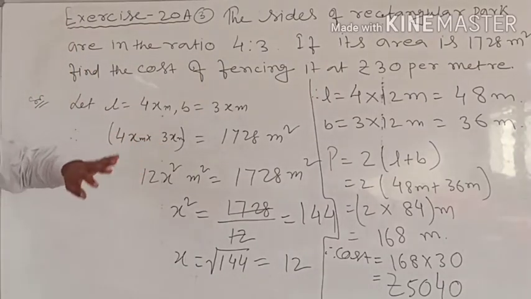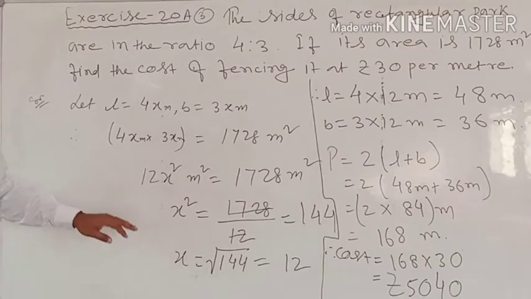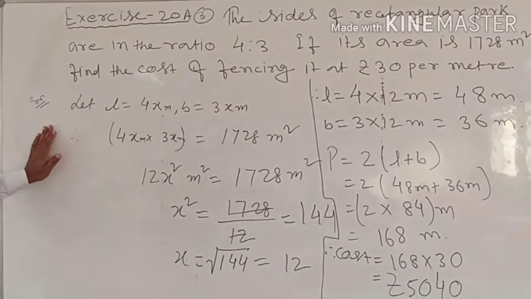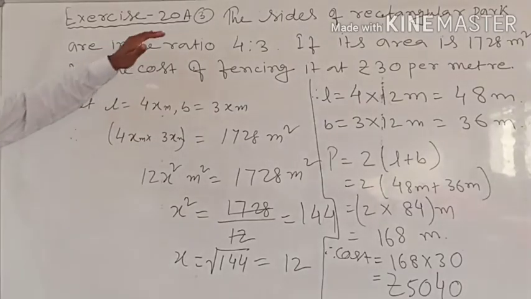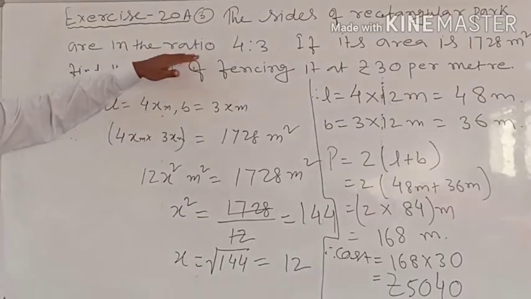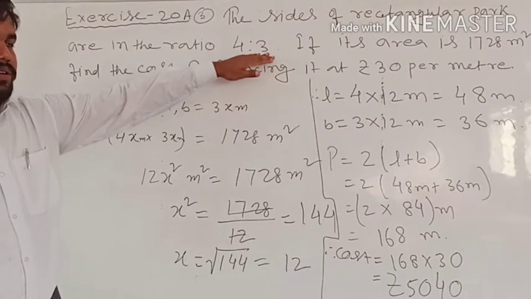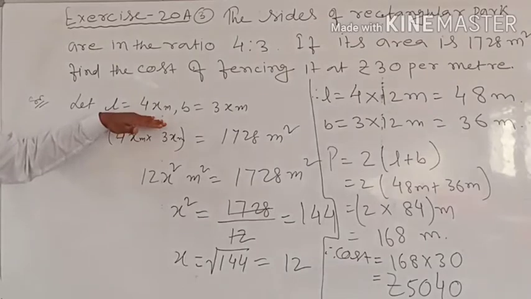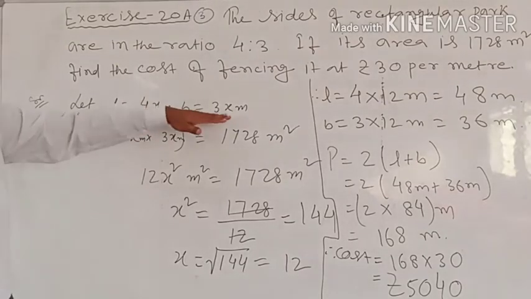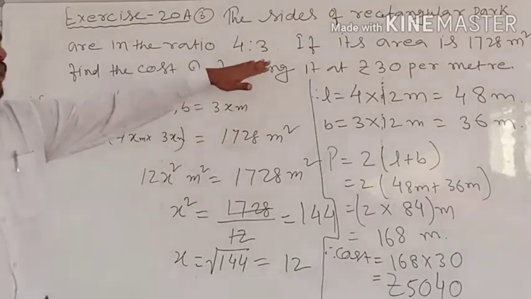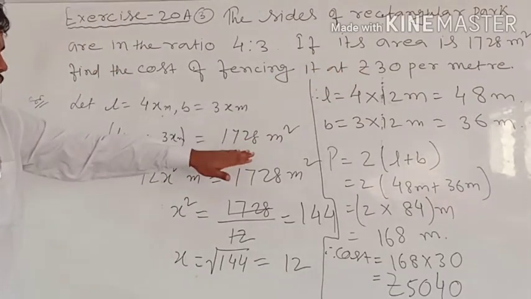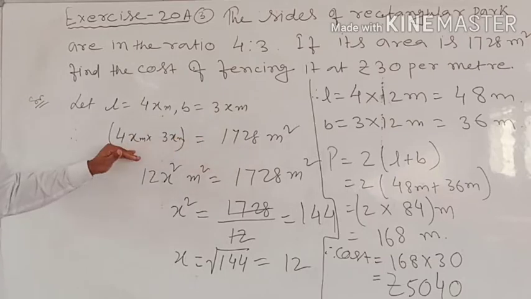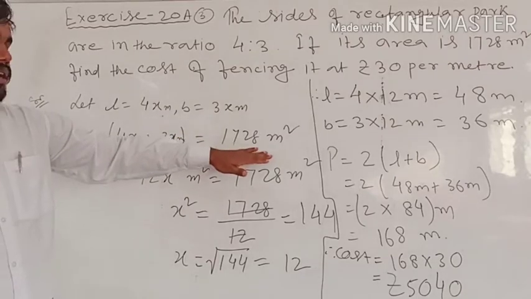Cost जो है वो 5040 आएगा. So very simply मैं एक बार इसको रिकैप कर रहा हूँ क्योंकि थोड़ा सा डिफिकल्ट क्वेश्चन है. क्वेश्चन इज आस्किंग एक रेक्टेंगुलर पार्क है. रेक्टेंगुलर पार्क का जो लेंथ और ब्रेथ का रेशियो है ये दिया हुआ है. तो सबसे पहले हम लोग रेशियो क्योंकि दिया हुआ है, we will consider the length is 4x meter and breadth is 3x meter. And after considering, because area is also given, so we know length into breadth is equal to area.